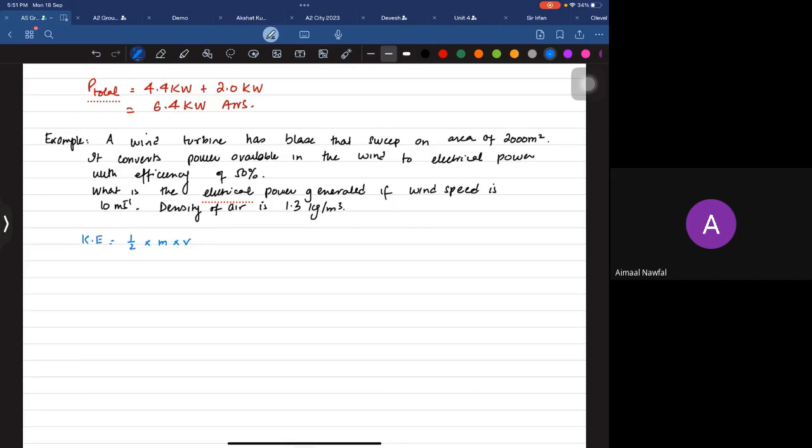Do we have the speed given anywhere in the question? Yes, sir. Do we have the mass of the air passing? No. It means we got to find the mass. In the same question, they have given you a clue. They have given you density. Can you somehow find mass from density? Do you know the formula? Yes, sir. Density equals mass over volume. So this would be the second thought process that I have. Do you guys get it?